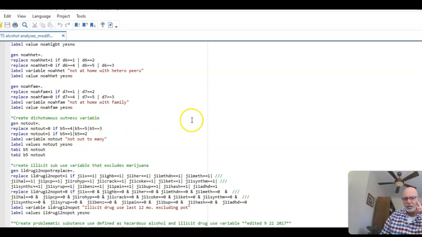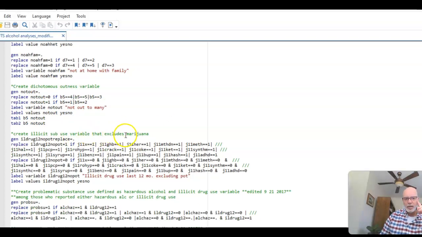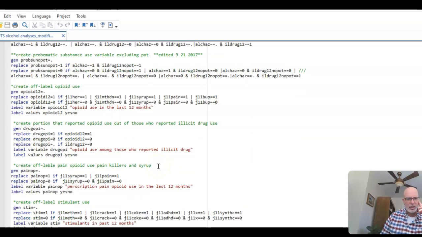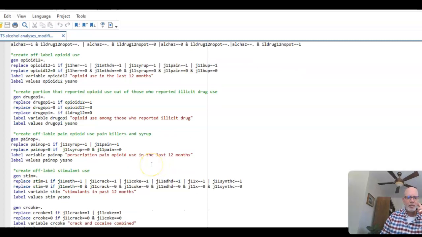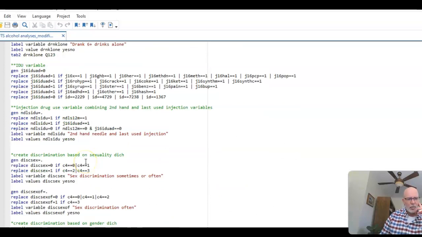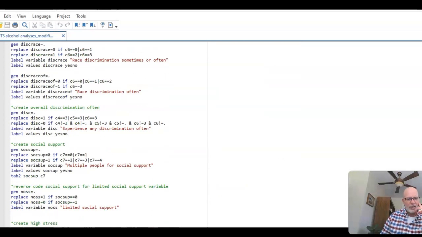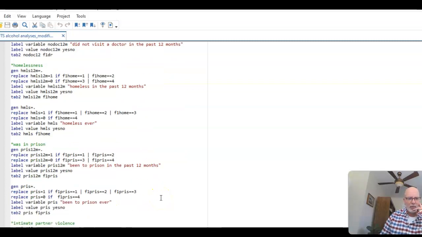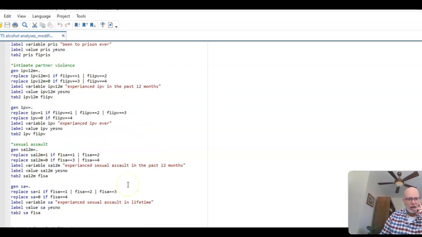So here, for example, we created a dichotomous variable. Here we created an illicit substance use variable, excluding marijuana, etc. Gen replace is our workhorse. We always label the variables. So once you are done creating your variables, and within that data manipulation, for example, just an example here, you can see you can create subsection variables. So like you can see here, we're working specifically in the life experiences section for data manipulation. Use whatever